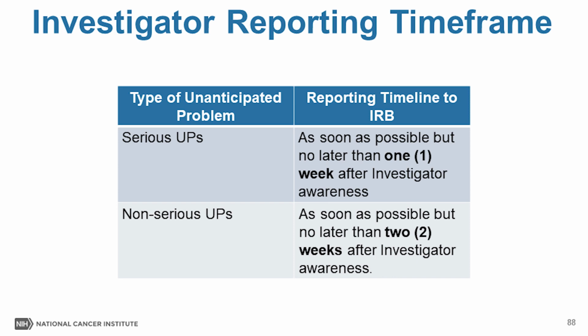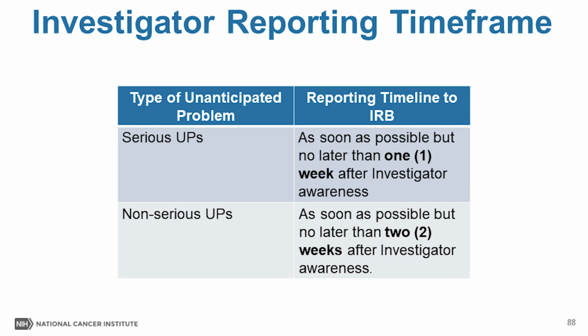For example, an unanticipated problem that results in a subject's death or was potentially life-threatening generally should be reported to the IRB within a shorter period of time than other unanticipated problems that are not life-threatening. Therefore, as you can see in this slide, OHARP recommends that the following guidelines are used to satisfy the requirement of prompt reporting. Unanticipated problems that are serious should be reported to the IRB within 1 week of the investigator, and I'll say / research team, becoming aware of the event, and other unanticipated problems should be reported within 2